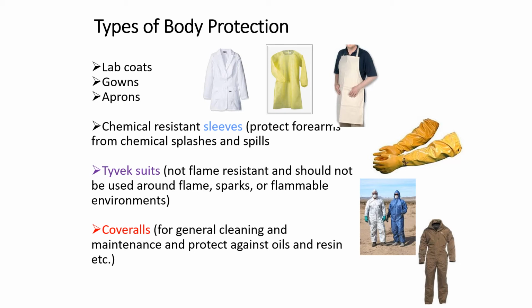So there are three commonly used types of body protection. First, chemical resistant sleeves. They are very important to protect your forearms, as you can see. These are very powerful, and they can protect from certain chemical splashes, as well as